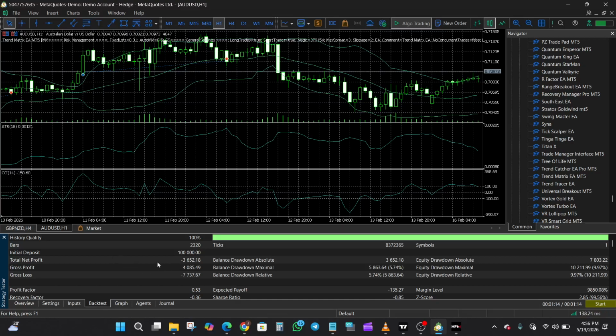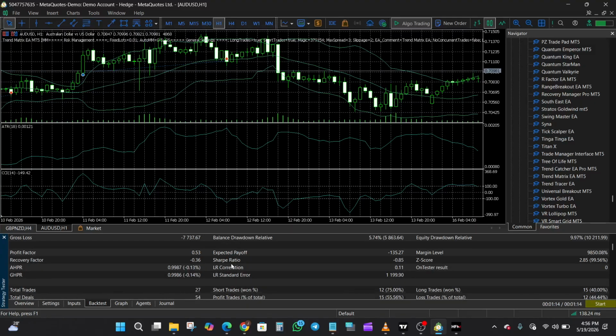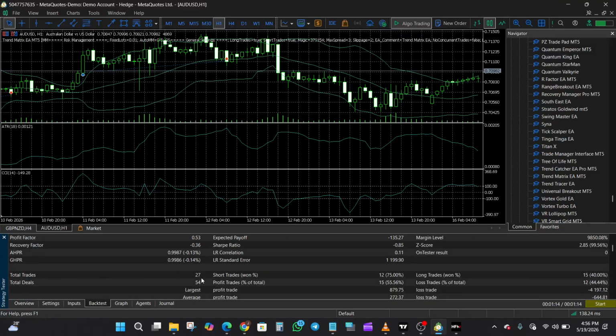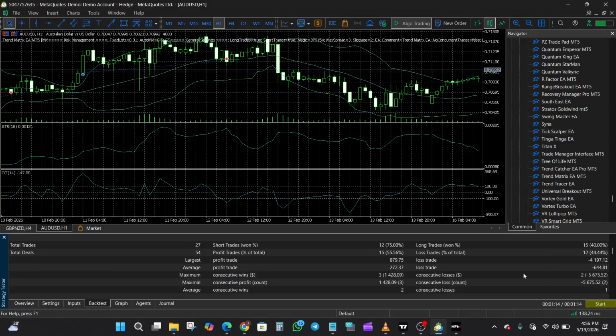Okay, from the results we are seeing here, there was quite a notable decline in the balance. From an initial deposit of $100,000, the total net profit is negative $3,652.18, and we can see that the total trades taken were 27, 12 short trades with 75% win rate, 15 long trades with 40% win rate. Right. The largest profit trade was $879.75, and the largest loss trade was